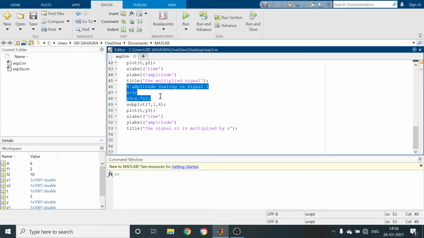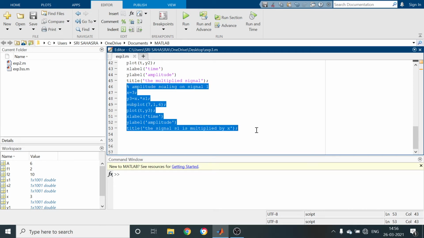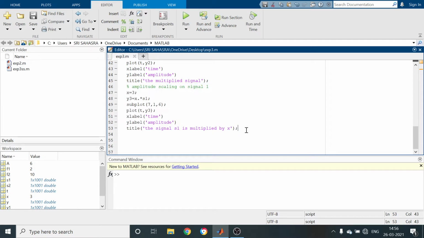Next, amplitude scaling of signal 2. So here, instead of taking a value greater than 1, now I am going to take 0.5.